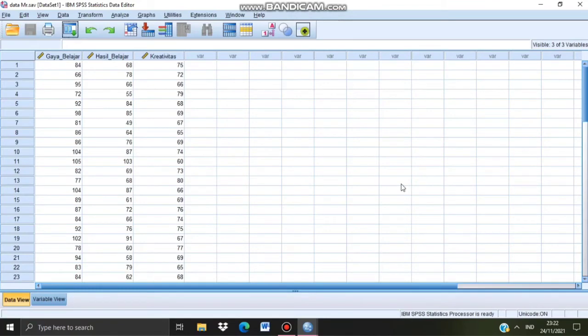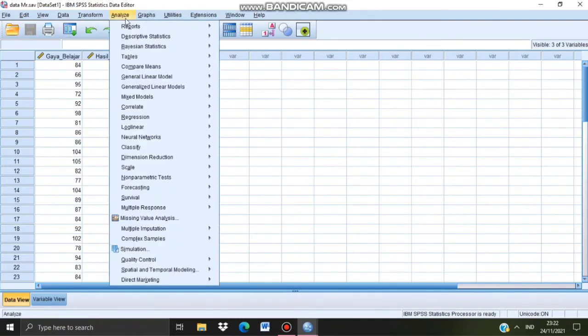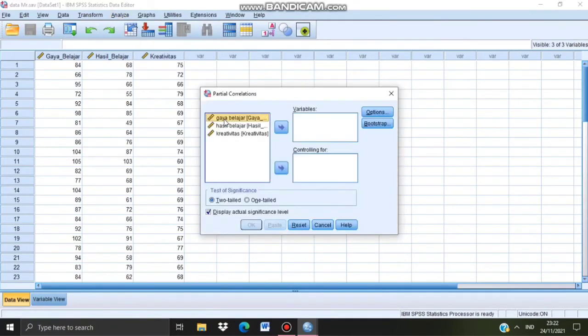After the data appear, for doing partial correlation analysis, from the main menu select Analyze, then select Correlate and Partial. Then for variable box fill with gaya belajar and hasil belajar in bahasa. Then for controlling box fill with kreativitas belajar.